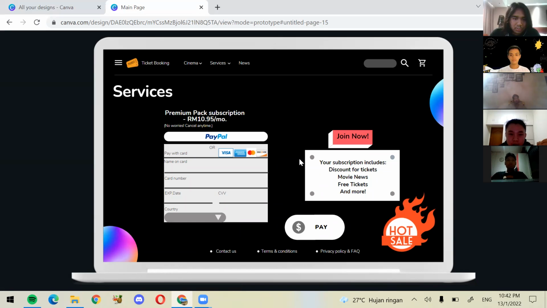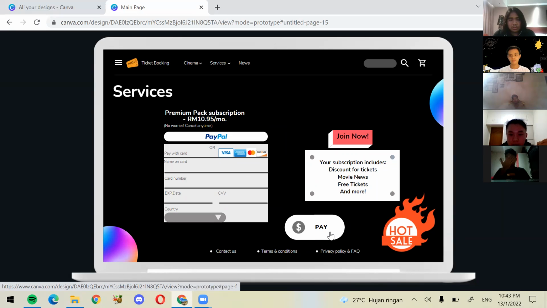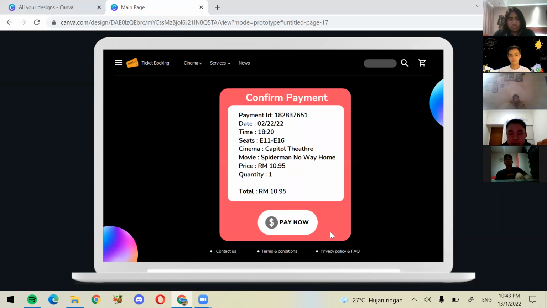So here we have several methods to pay your ticket. You can use PayPal or Visa or MasterCard and also other banks. First, you have to put your name, the card number, the expiry date, the CVV, and also your country. And after you fill in all the information and click pay, you will receive the receipt,